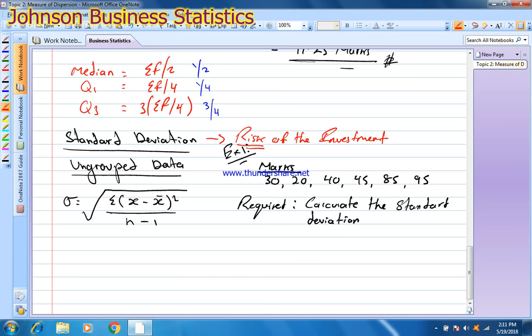Okay, and the mean should give you the return on the investment. So when you calculate, the risk should be lower than the return, and the return should be higher than the risk. Then the investment is acceptable, or the specific project is acceptable, or the variables, or any investments that you